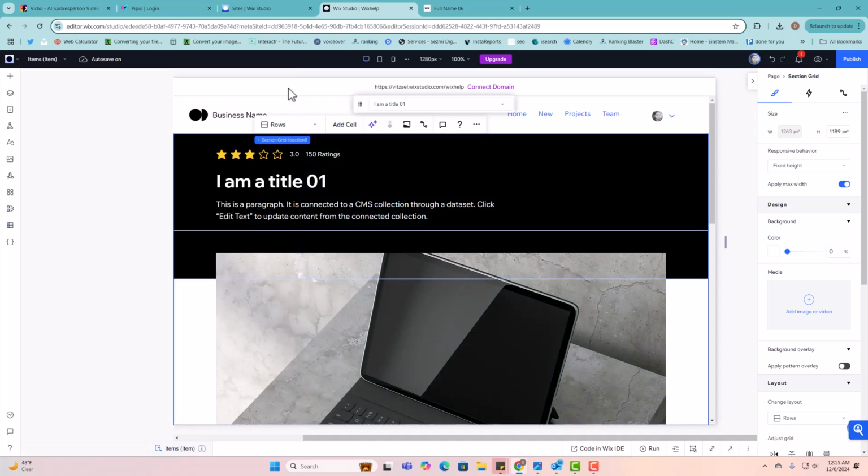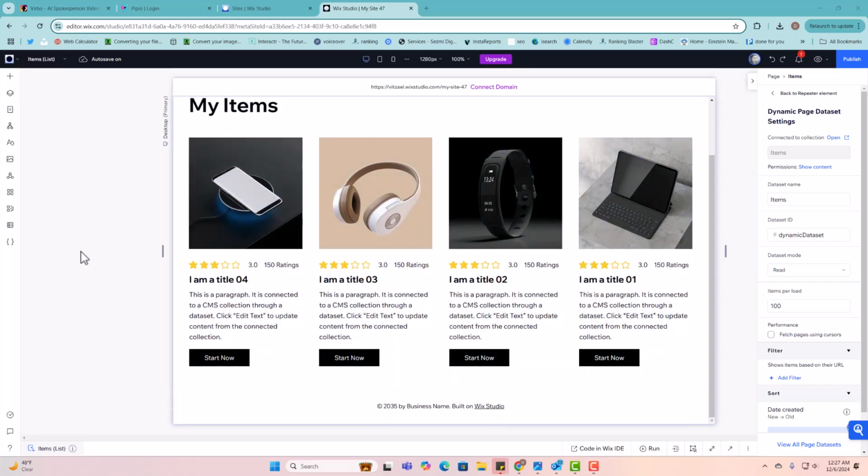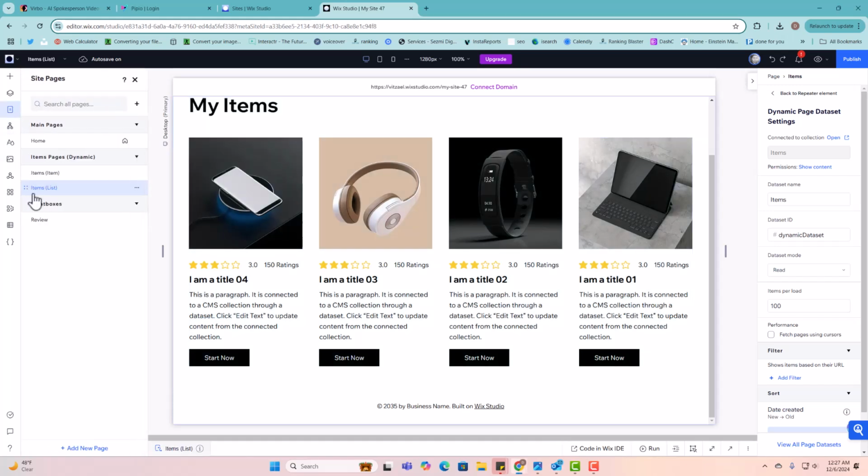Perfect. So now we're just gonna go into adding the code, and that's in the next part. So what you wanna do is you wanna be on the page where you're displaying all your items. So if we go here, ours is named items list. And then all we have to do is